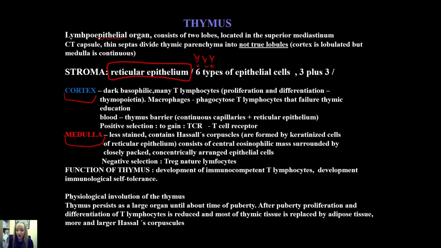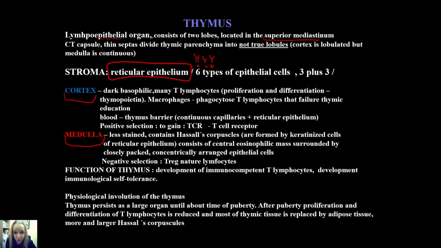So it isn't like the whole thymus will disappear in time. It's evolving in time. It's getting smaller and smaller. But there is still some kind of tissue there, and there are some remnants of reticular epithelium there. It's of course behind the sternum. It's located in the superior mediastinum here, and